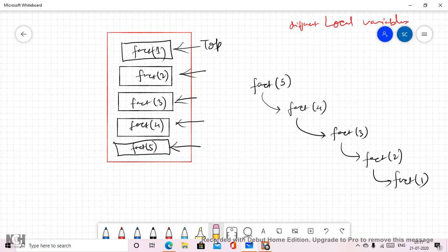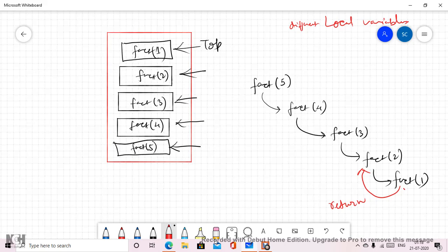So up till now what we have seen is that a different copy of local variables is created for each function call, and this is the location where my base case is reached, that fact 1 is on the top of the stack. Now the functions start returning their values to the function they were called from. That means this fact 1 is now going to return the value to its parent function, the function who has called it, and its memory is deallocated.